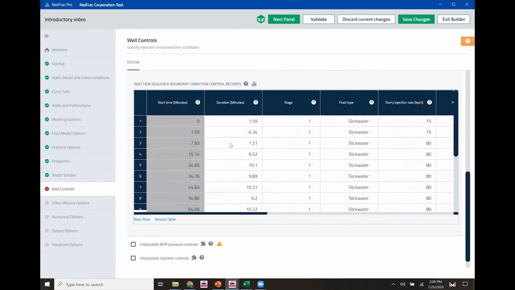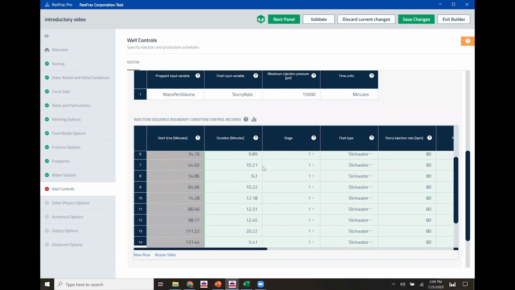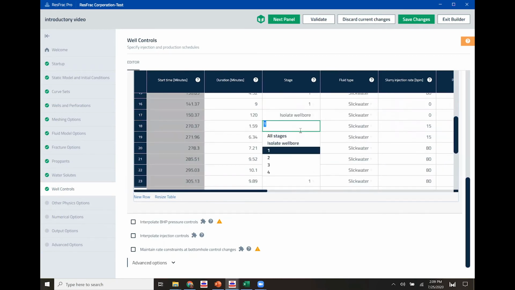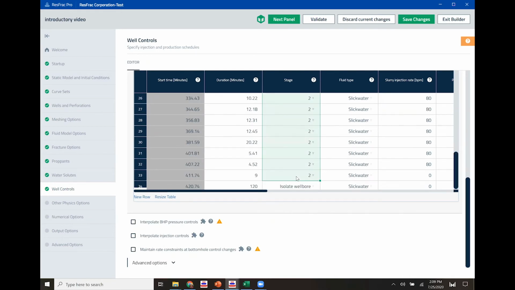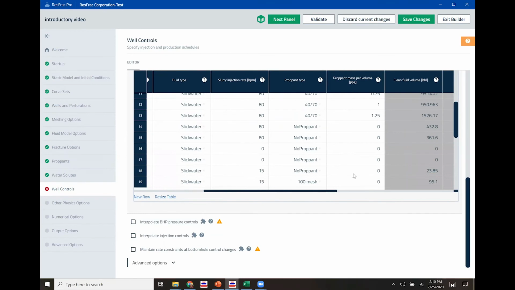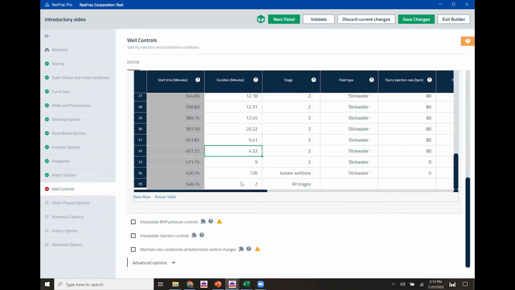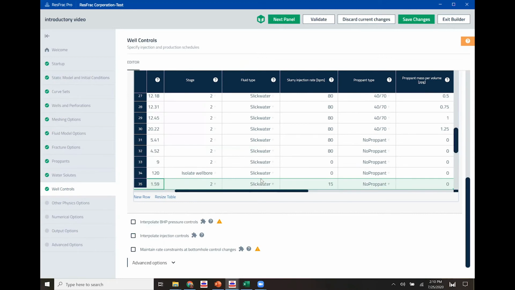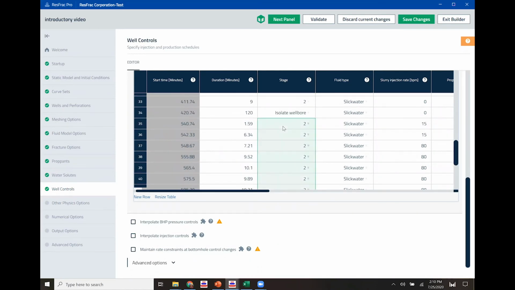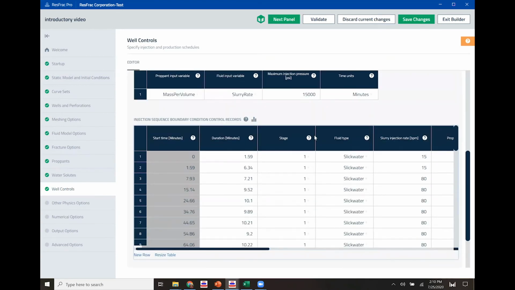Now what I can do is I'll select that entire table up above and paste it down below. And that is for stage 2. So I will change the stage number, copy, scroll down, and paste. And then I'll add 1 more new row. Once again, I will need to copy that entire table, scroll down, and once again, I will paste those values in. And I need to change the stage from 2 to 3, copy, scroll up, and paste. So now I have my 3 stages defined.